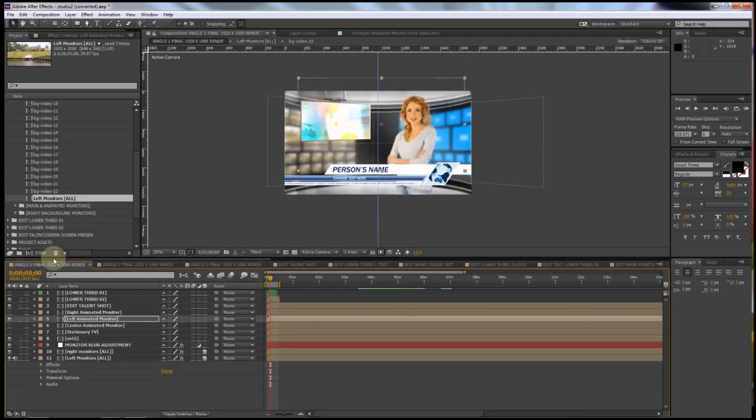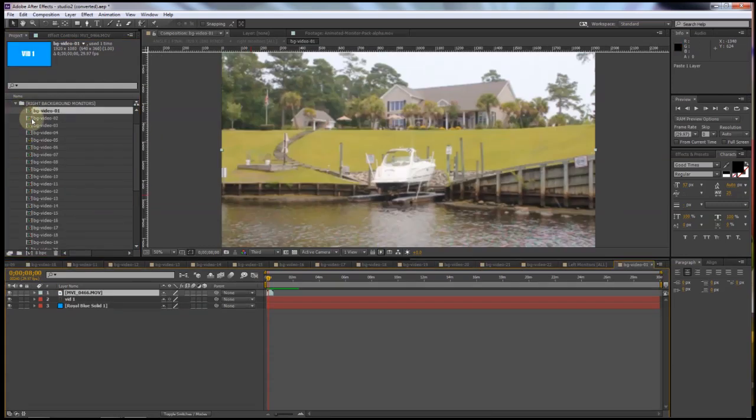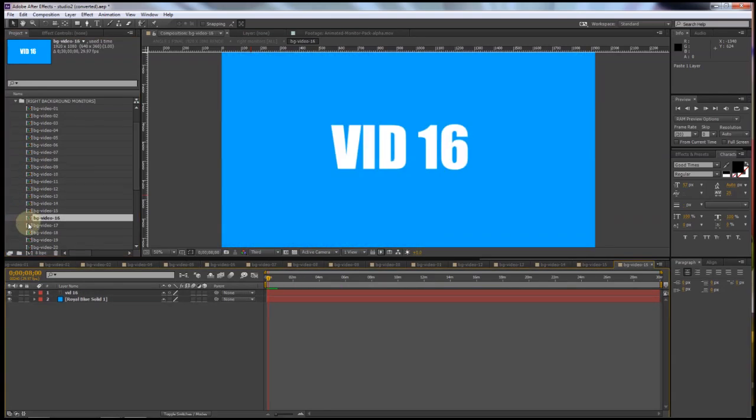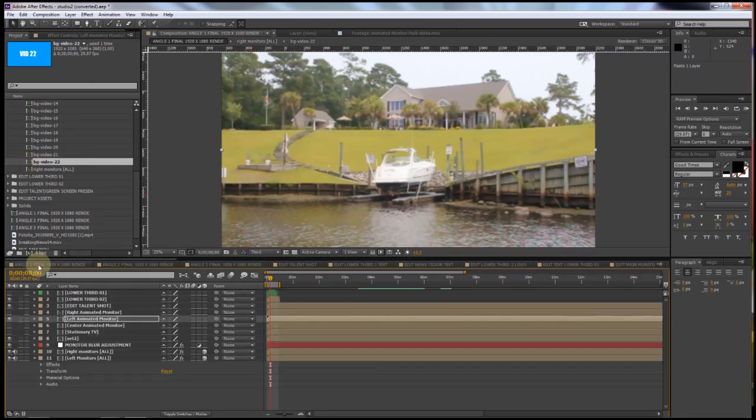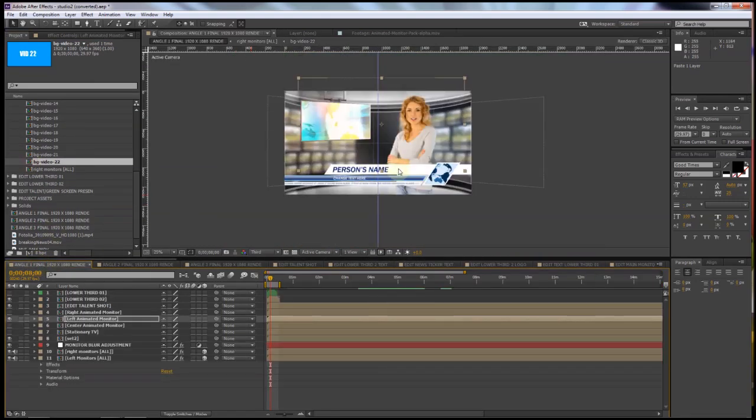So now if I go back to our main Angle 1 final timeline, then you'll see that all these background monitors have been replaced with the same footage. So now I'm going to do that on the right side, so bear with me. And so now if I go back to the main timeline again, now we have footage in the background monitors